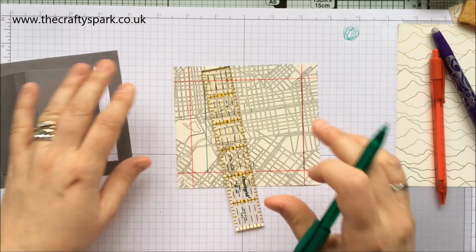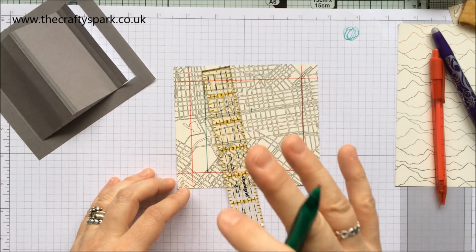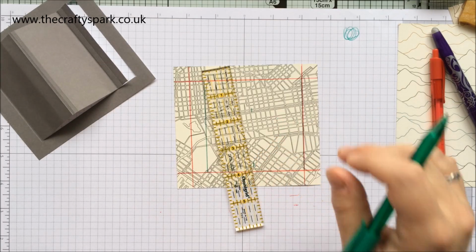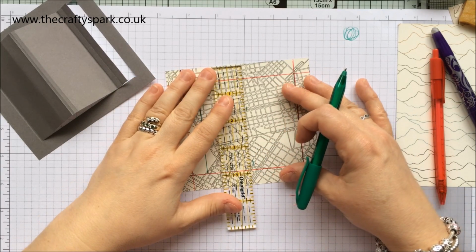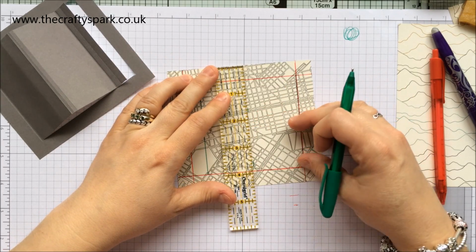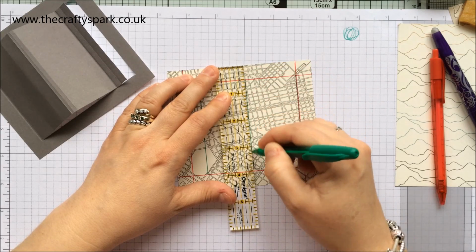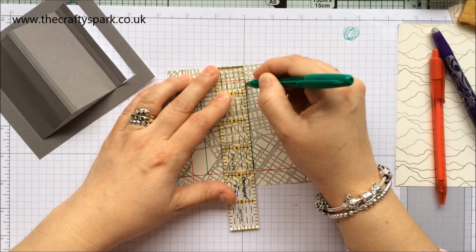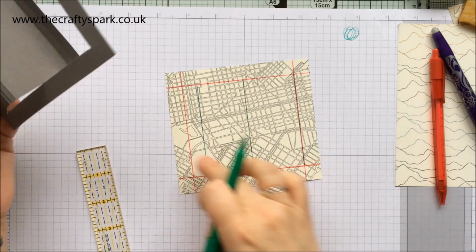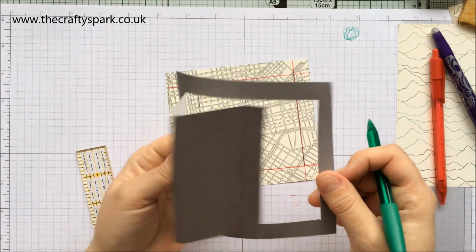Now, if I've just lost you, don't worry. I'm going to put a cutting and scoring template on my blog post, which you'll find the link for underneath the video. So if you're not sure where you're doing your cutting and scoring, just refer back to the blog post, look at the picture, and it will show you exactly where you need to cut and where you need to score. All right. Now that is going to give me this. Okay,